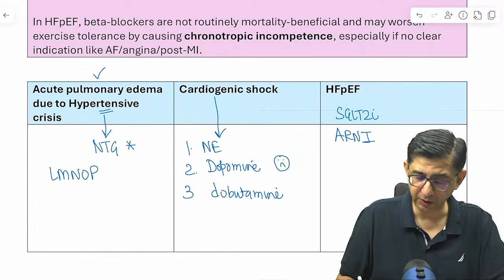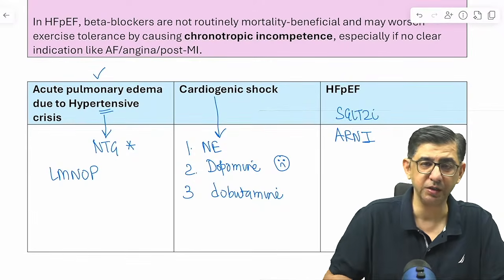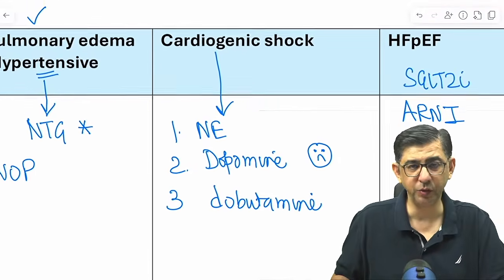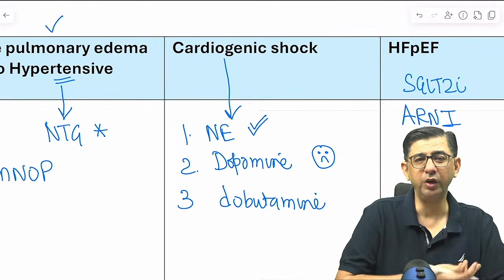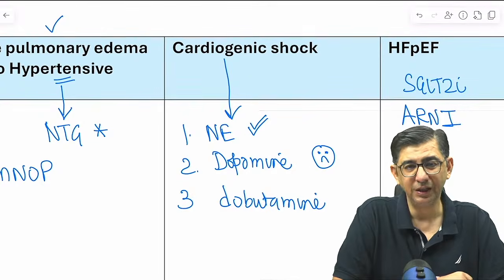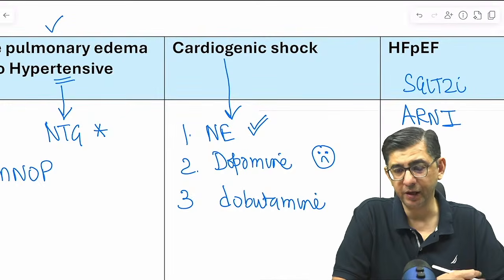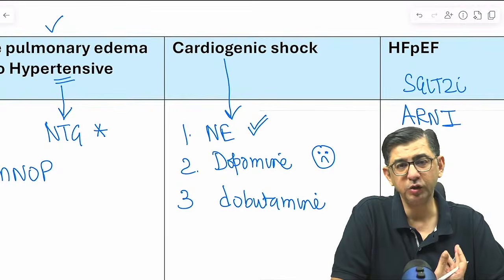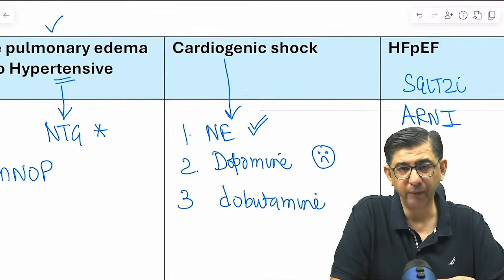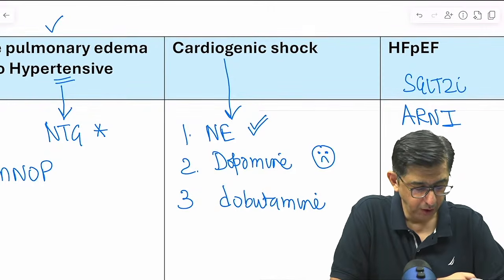I think you are aware that the latest edition of Harrison has mentioned that dopamine also causes arrhythmias. It is a pro-arrhythmogenic drug, so it is not recommended. So NORAD is one of the commonest ones that we are using. Norepinephrine will increase the diastolic blood pressure. By increasing the diastolic BP, it will increase the coronary blood flow in the patient. And if you increase the coronary blood flow, then the hypoxia in the heart will become relatively less in the patient. So refractory shock in a patient,